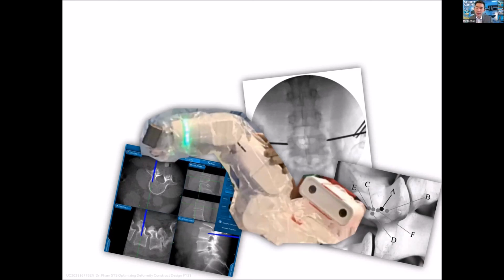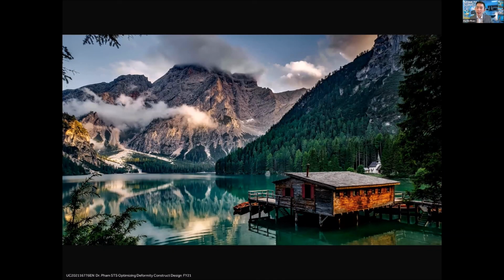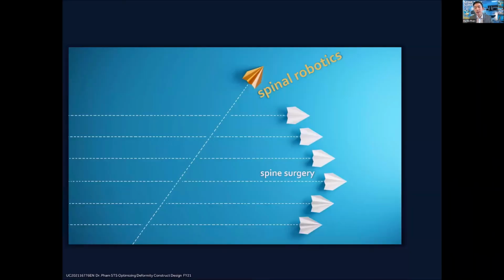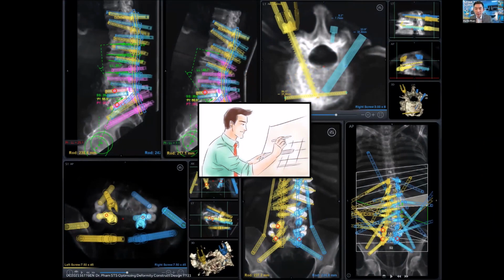But all this focus on the pedicle screw is such a narrow tunnel vision of what the bigger picture is. And really the bigger picture is how spine surgery is changing with the addition of spinal robotics, predictive algorithms, and software planning, so that we can think of spine surgery in an entirely different way. And in doing so, we can potentially and hopefully, as the goal, get better outcomes, better patient care, and minimize all the morbidities that may be associated with intervening in the spine. And in this way, the use of the